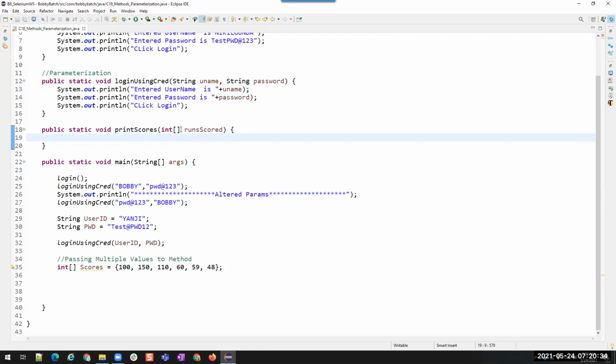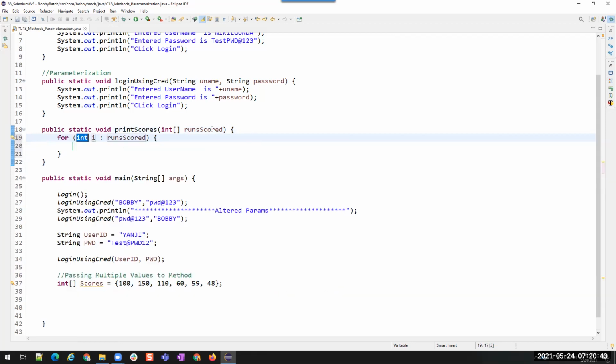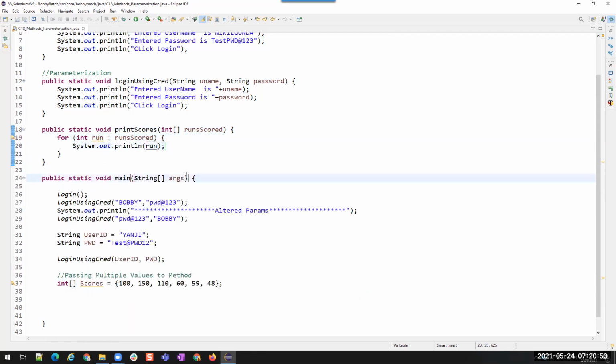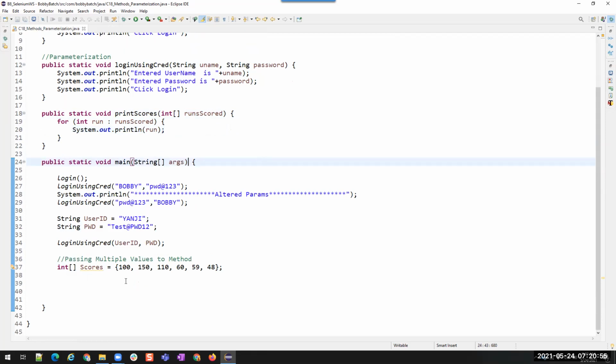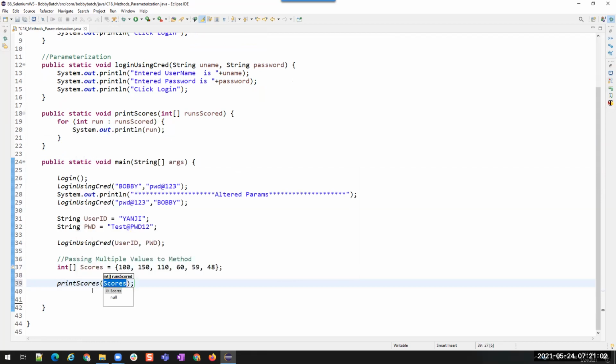In this, I know this is a type of array. So you know how to print values from an array, right? For each run in runs scored, what we want to do is just print it. Run. That's all. Now how do we pass this? Same. We call the method name printScores, and that takes the array variable. That's all. This is how we can pass multiple values into a method.